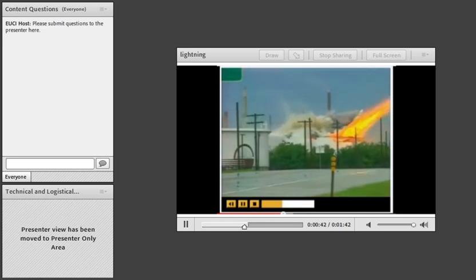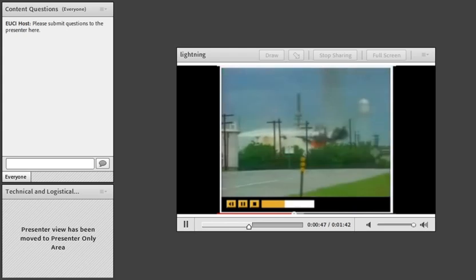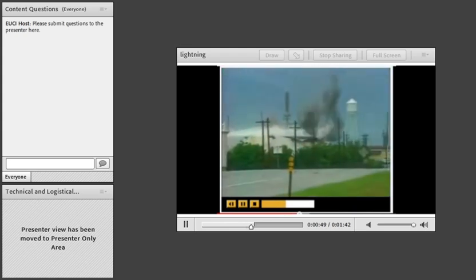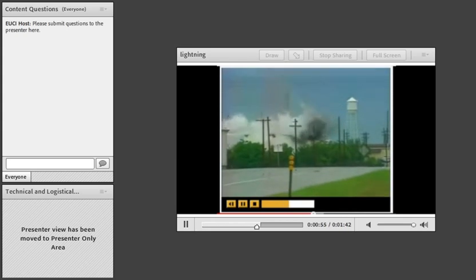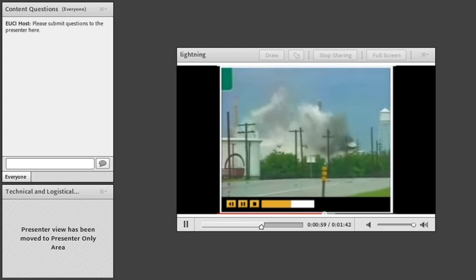And this is the key frame right here. The explosion. These tanks have 2 roofs. One is a fixed roof, one is a floating roof. And they think the vapors between the 2 tanks is what is burning right now. They're trying to get some foam underneath the floating roof to get this fire out. The refinery manager tells us that they have an extensive lightning protection system out here, but Mother Nature doesn't always...